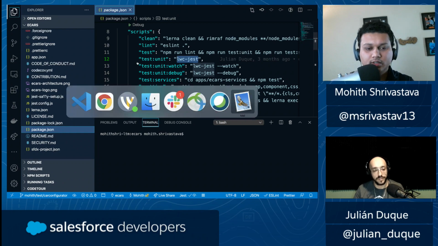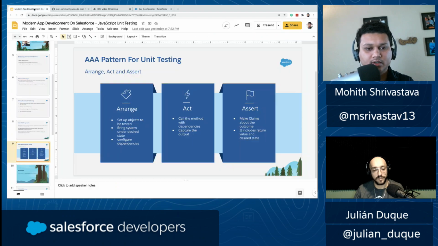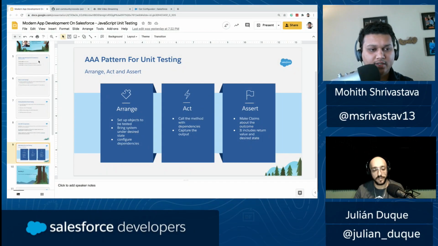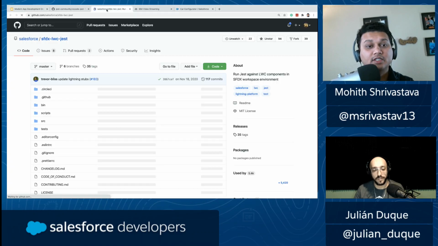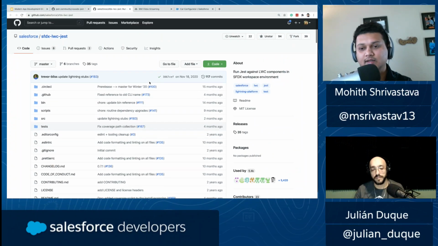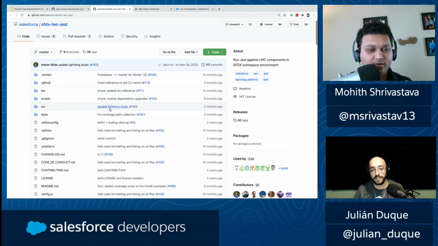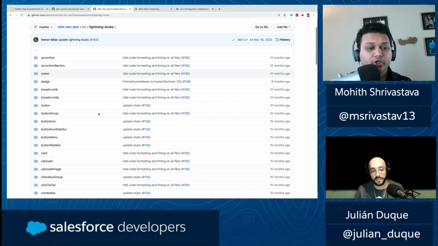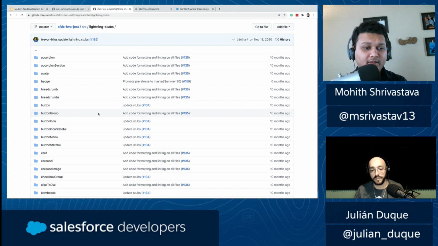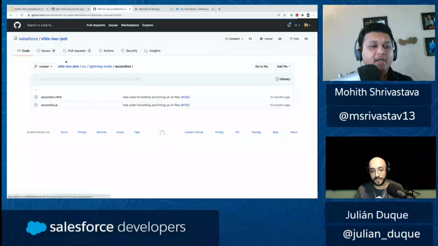So one of the things I was talking about was, we make use of this library called sfdx lwc jest, and that is, again, a wrapper over Jest essentially. But the core advantage of this library is it has lightning stubs for all of the base components. Now you might be asking me, what is a stub? What is a mock, etc.? So a stub is essentially a predefined